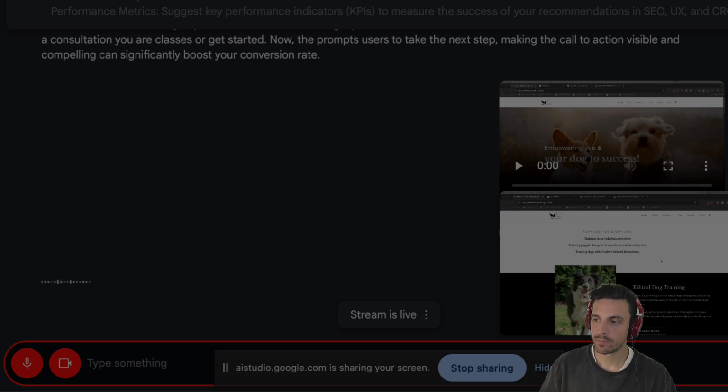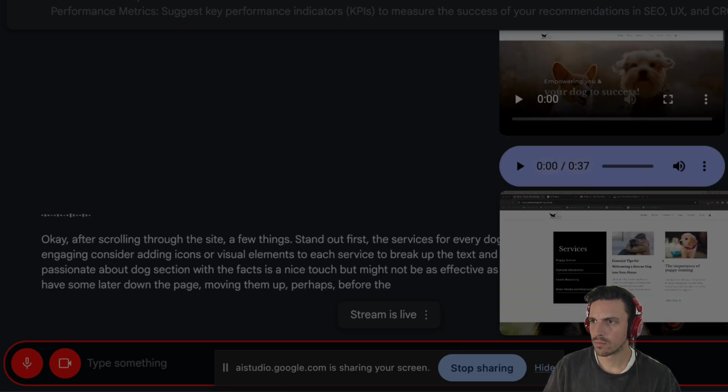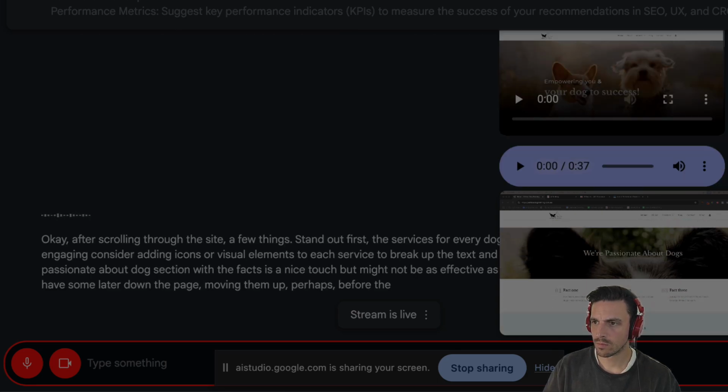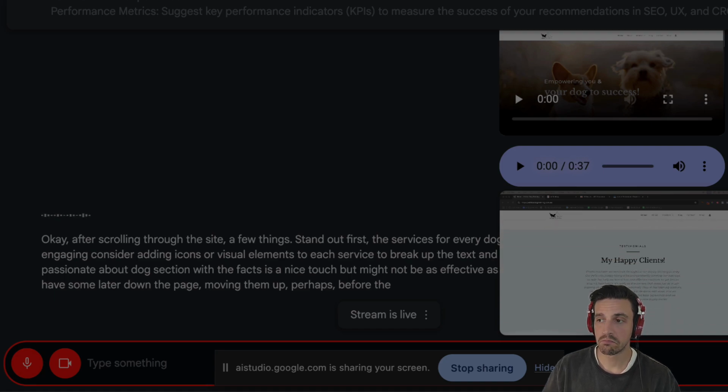Secondly, the "We're passionate about dogs" section with the facts is a nice touch, but might not be as effective as showcasing customer testimonials. While you have some later down the page, moving them up, perhaps before the facts, could help build more trust